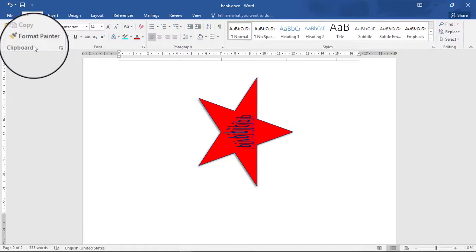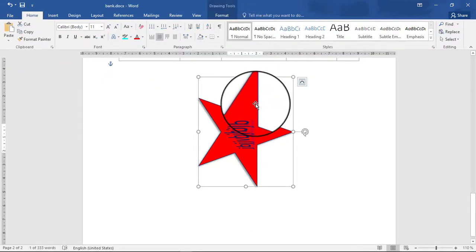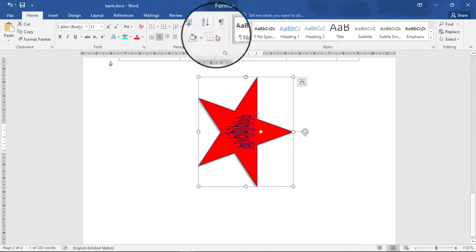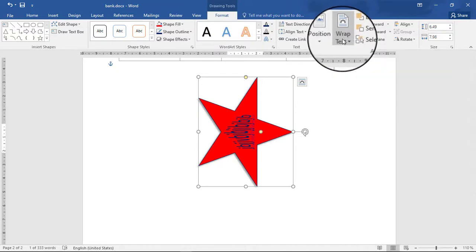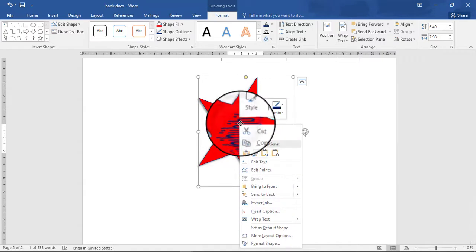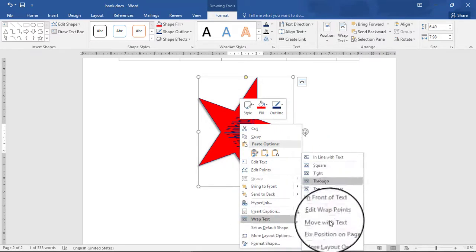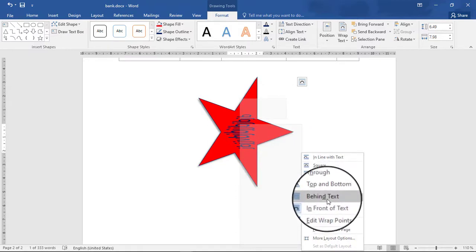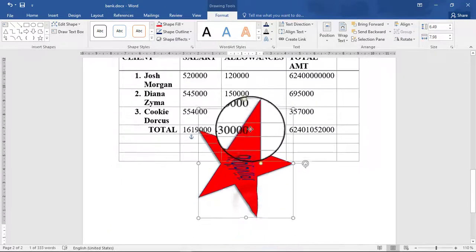So if I want this to be wrapped behind text, you first select it, you go to format, then you wrap it. Alternatively, you can right click on the same image, then you go to wrap text, then you select maybe behind text, maybe in front of the text, any shape. This is the same method. You select it, so it can be inserted anywhere you want it.